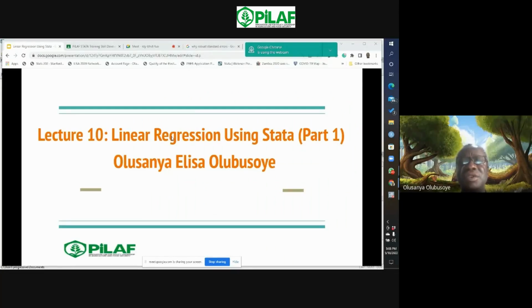Daily, our discussion, this is part 1, of course. We center on linear regression using STATA. Linear regression is widely used and good enough. STATA has enough tools to support any analysis involving linear regression. Some of these tools are what we will examine partly today, and maybe to some extent also in the